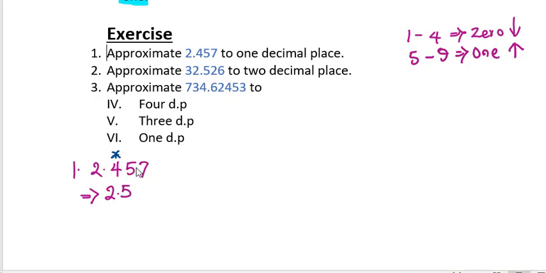If you find this challenging, no problem. Let's go through the second question and see how it goes again. So they said approximate